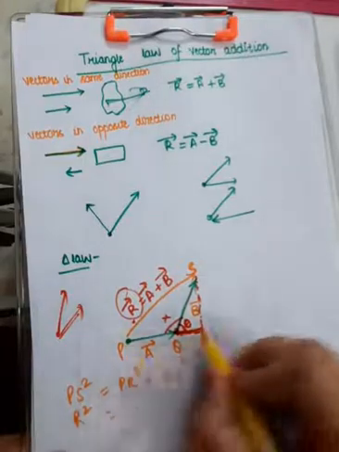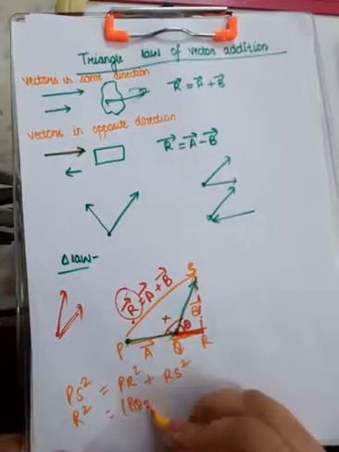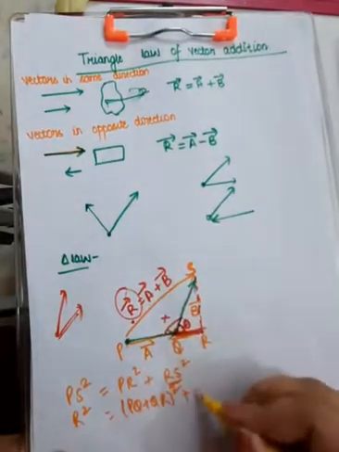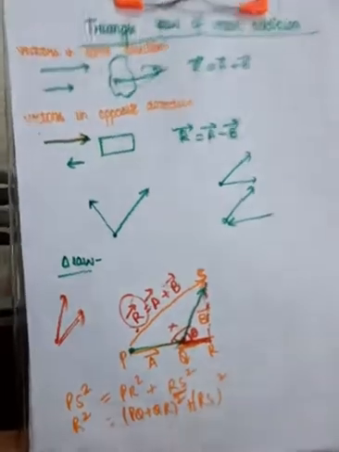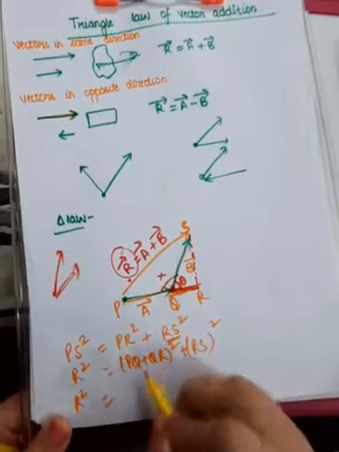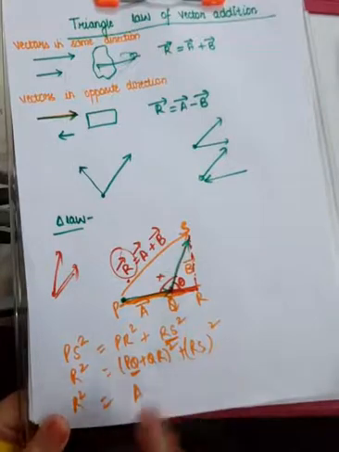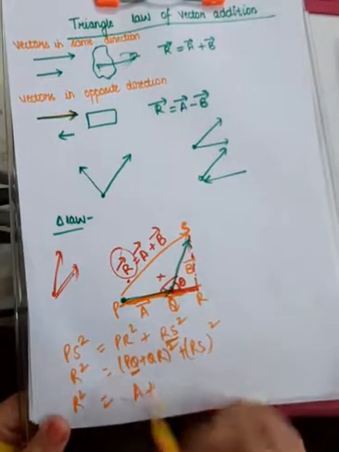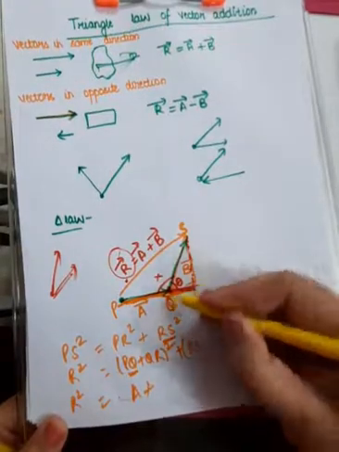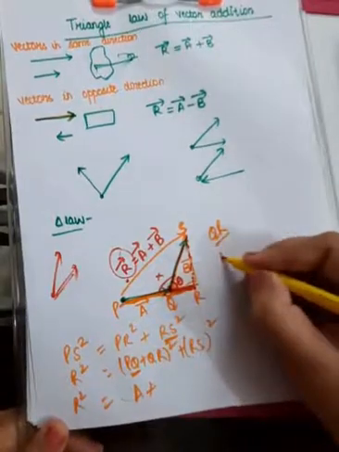Okay, so this PR square means PQ plus QR, PQ plus QR whole square. And this RS square remains as it is. Okay. Now these things are going to get simpler like this. R square equals PQ. PQ is actually equal to A. We are dealing with magnitudes only, so I am not putting the vector sign. And what about QR? QR is the base of this small right angle triangle SQR. So QR upon this B.